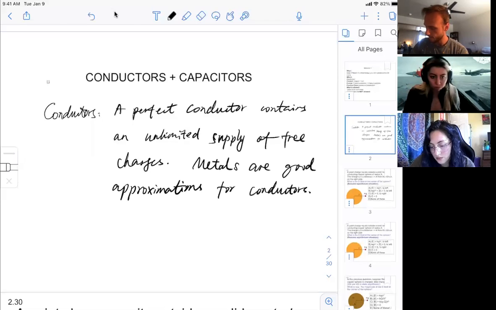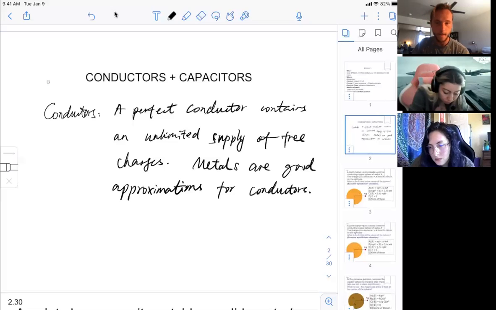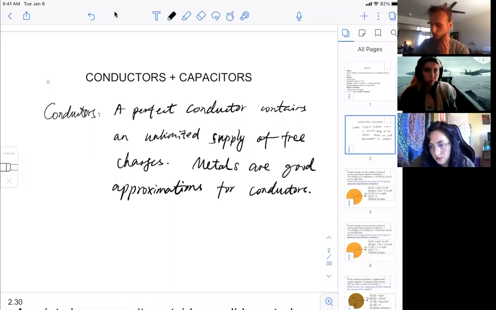Capacitors are made of conductors, right? They are two pieces of conductors separated by a dielectric. For example, if you put two metal plates separated by a distance, with air in between, that's a parallel plate capacitor. But first of all, let's look at some of the features of conductors. There are many interesting features. When you put charges in or out of a conductor, what will happen? Think about